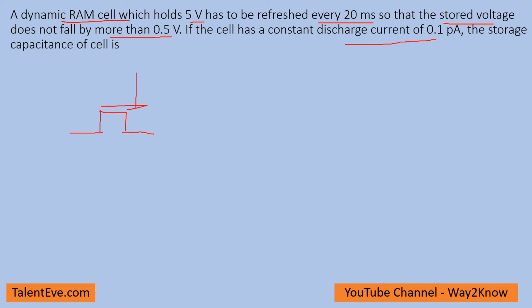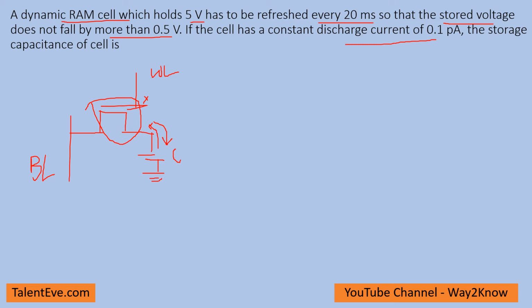DRAM cell. So a DRAM cell will have a capacitor to hold the charge, which is C, and then this is the word line, and then this is the bit line, right? So when this MOSFET is on, the voltage across the bit line will charge the capacitor, and once this MOSFET is off, there will be slight leakage which happens, and the capacitor